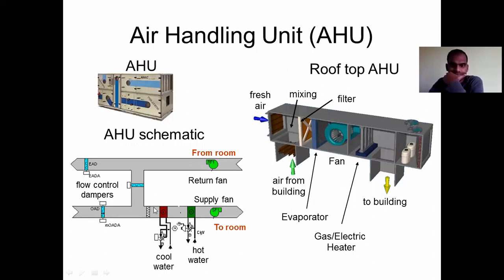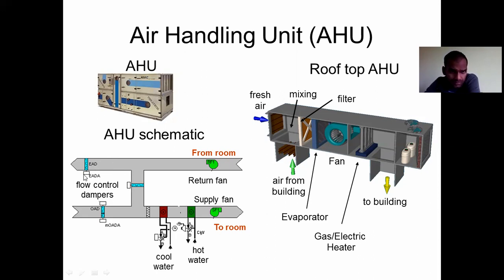as we have just discussed, there will be a supply fan, there will be a return fan. There will be a cooling coil as well as a heating coil. Chilled water will be passing through the cooling coil, and hot water might be passing through the heating coil. So the air is being passed through the cooling coil and through the supply fan. It is given into the room, and from the room it gets circulated, and the return air will be going back through the return fan, and there is an exhaust air. This is the exhaust air duct,